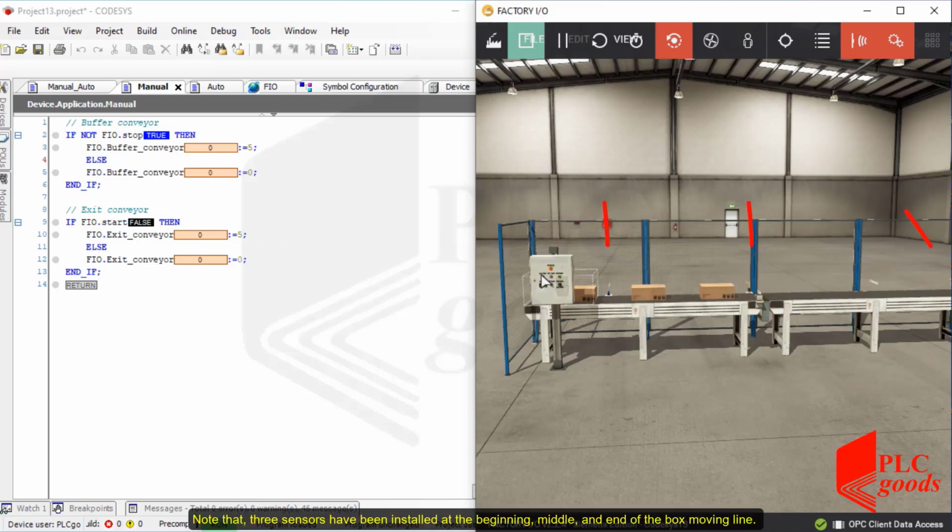Note that 3 sensors have been installed at the beginning, middle, and end of the box moving line. The last sensor is used to count all of the